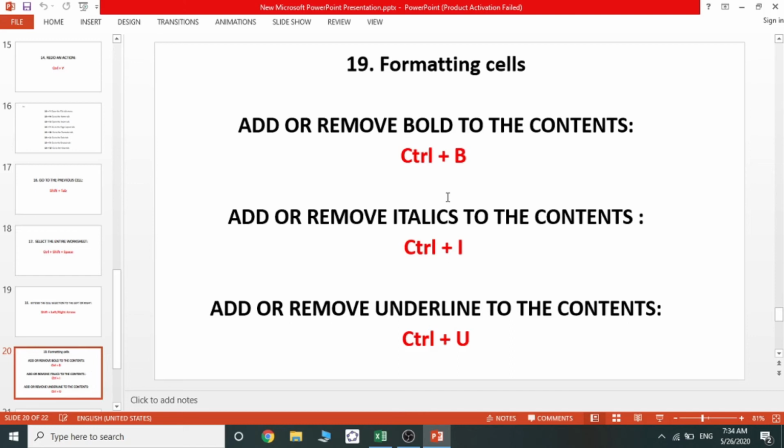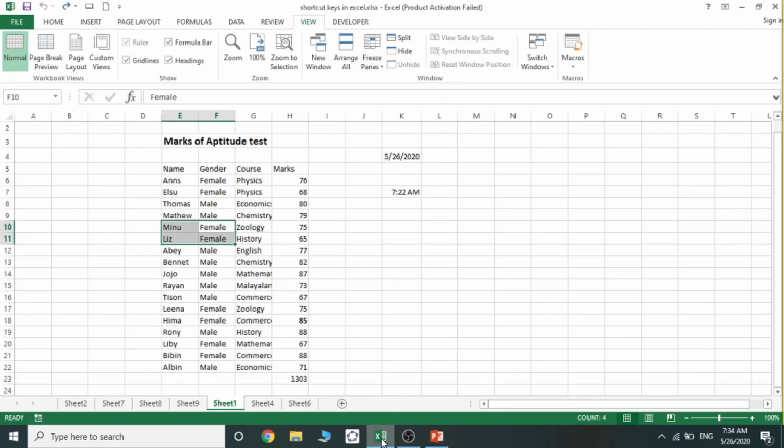Then next is formatting options. Mainly we use bold, italic and underline. For that, Control B, Control I and Control U will help. Let us look.